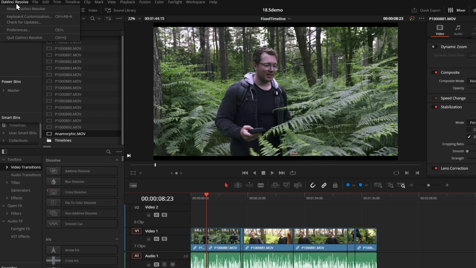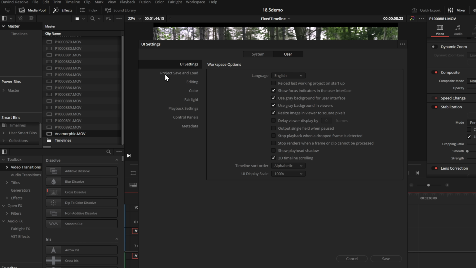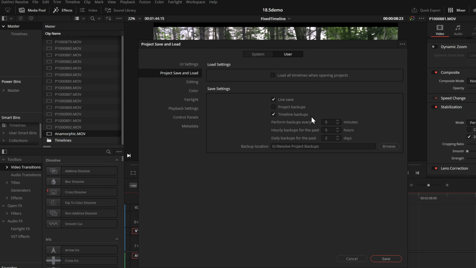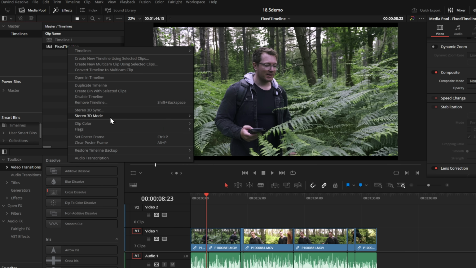We have per timeline backups, so you'll never, hopefully, lose any work again. First of all, make sure that you have your timeline backups enabled by simply going to Preferences, User, Project Save and Load, and then enable the timeline backups. Then as you make changes within that timeline, if you want to go back to any point, you simply right-click on the timeline within the media pool, and you'll see Restore Timeline Backups within there,